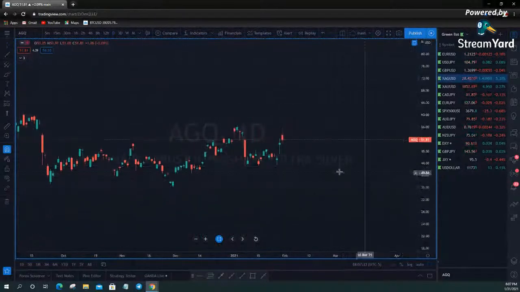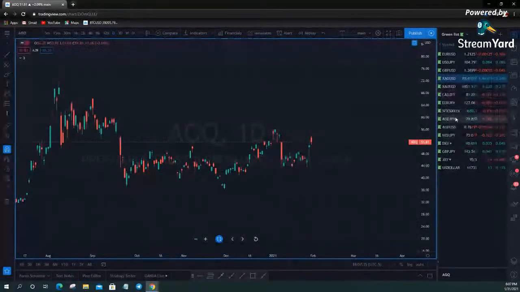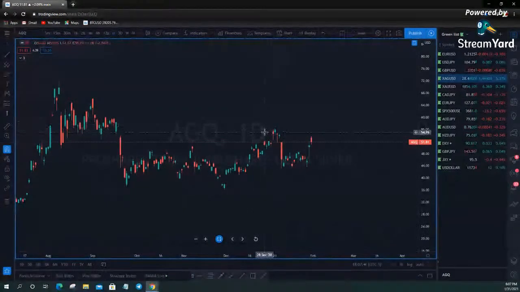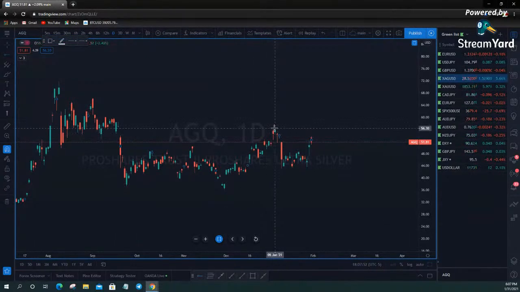Well, first and foremost, depending on what happens with silver tonight, if it's trading where it's at now or higher, you're going to have a big gap up on this thing tomorrow morning. You're going to be gapping up over this swing high here first thing in the morning, if price is trading where it is now or higher.